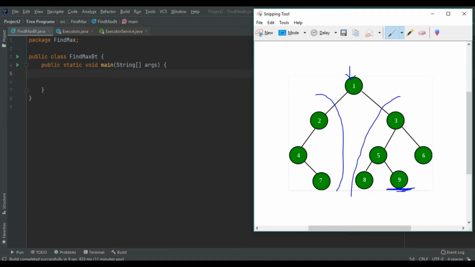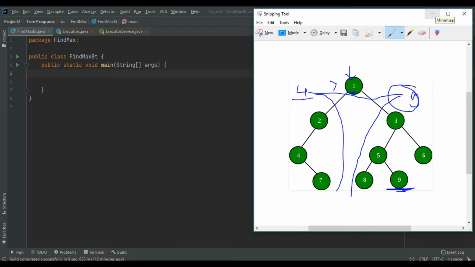Say, for example, in this left half we got some value, so we would be comparing it with our root node value, as well as some other variable with our root node value. After that we would be finding out which one is greater. For example, 4 is greater than 1, this holds true, but 4 is less than 9, so it would return 9 in all.